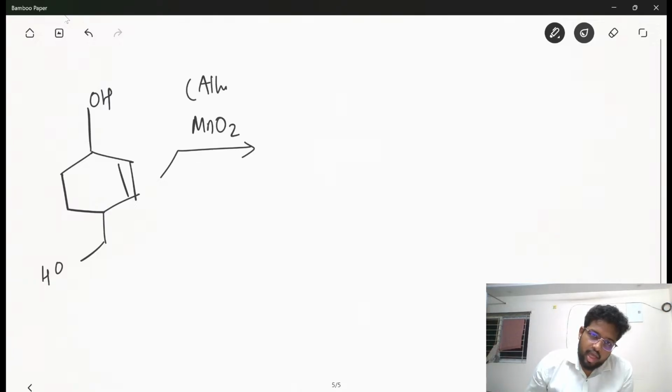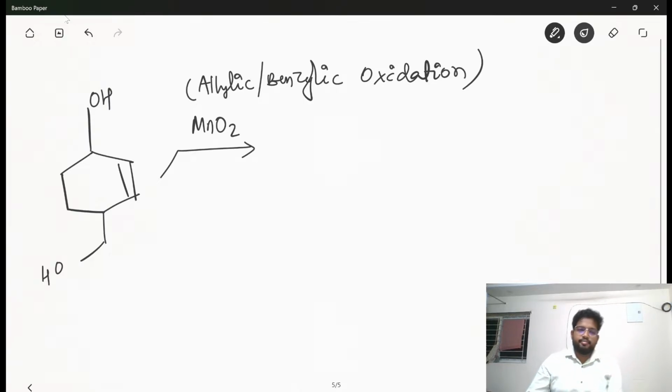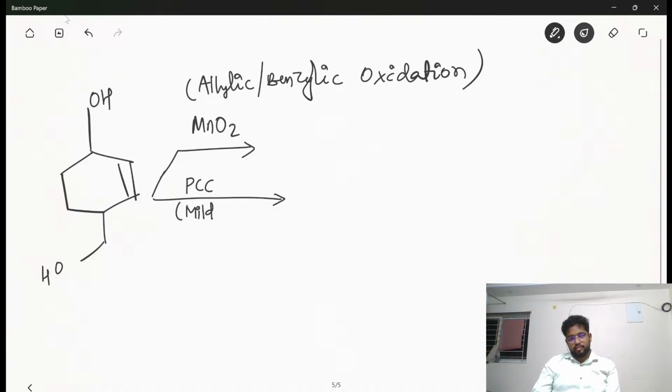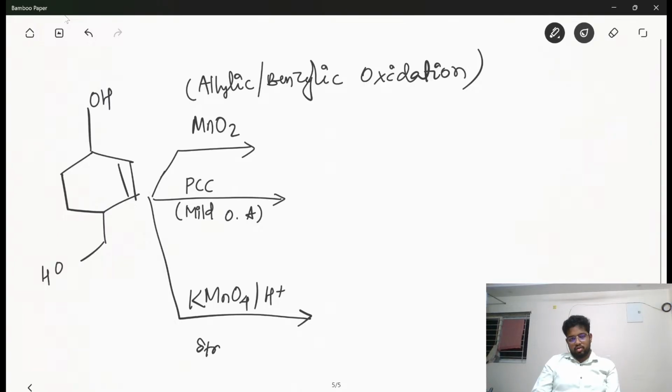MnO2 does allylic or benzylic oxidation, whereas another reagent is PCC, pyridinium chlorochromate, a mild oxidizing agent. And last but not the least is KMnO4 in acidic medium, which is a strong